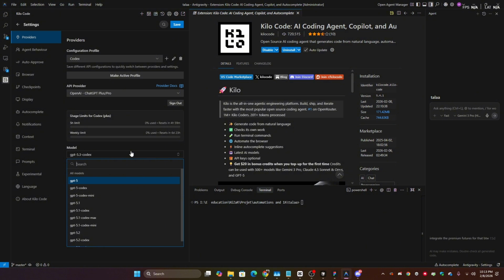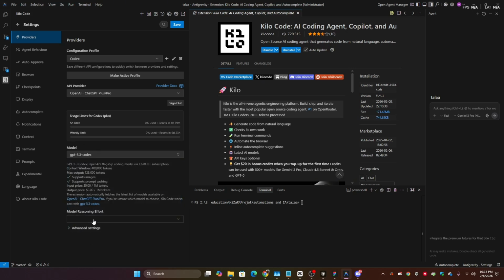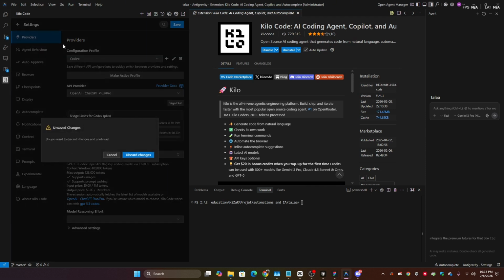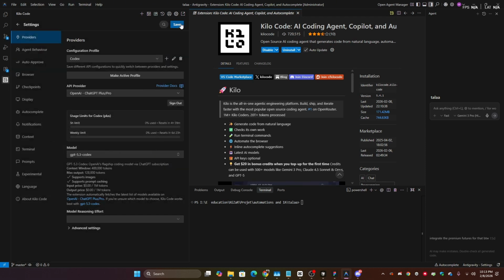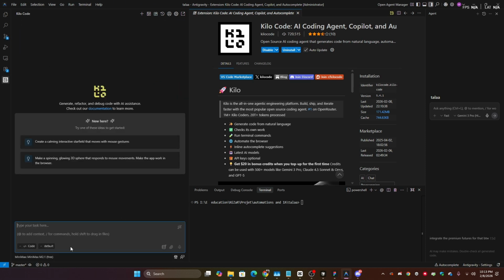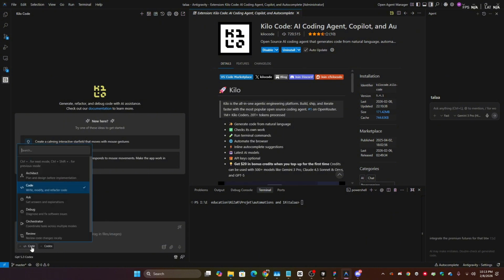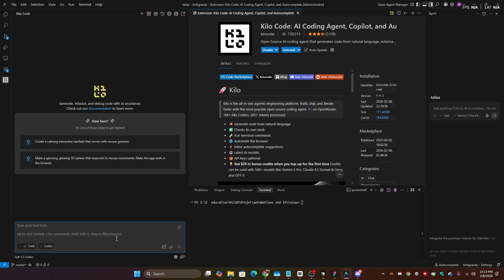it is working well. All you need to do is change the models. So you just type, I will just choose 5.3 codex, and you just leave it like that. And that's it, guys. All you need to do later, okay, cancel, just save. All you need to do later is go back, and here you will change the profile from default and make it codex, and here you go, choose whatever you think you need, and you will just use codex